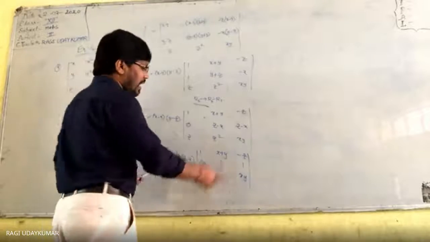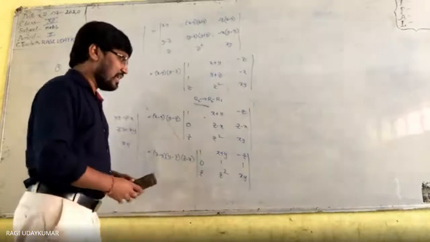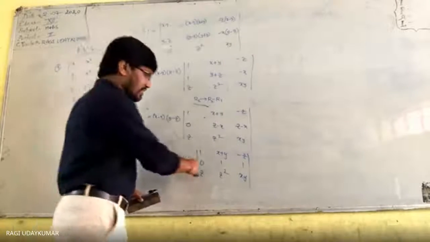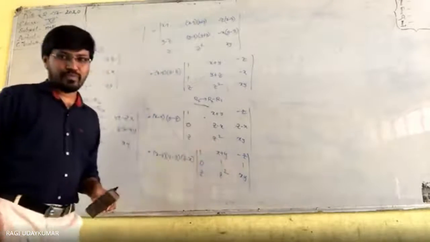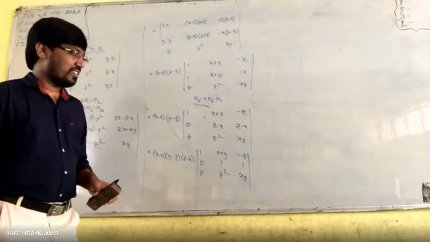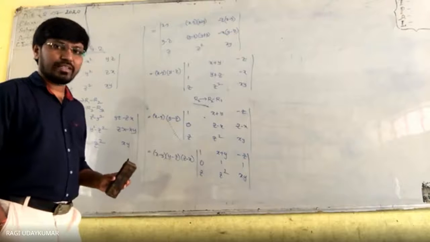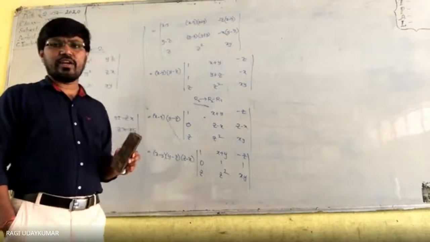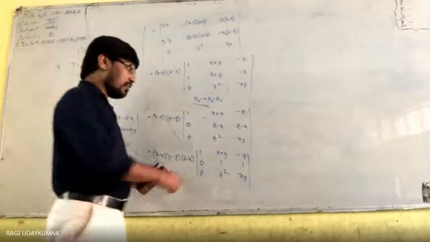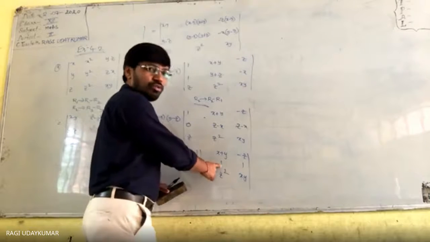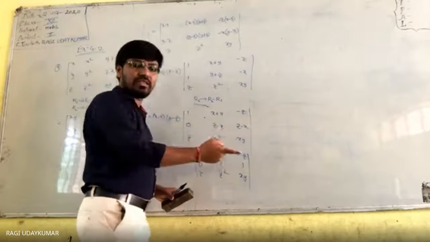After getting, using any row or any column. Second row is easy, I think so. You may think the second row looks a little easy. It is easy, so use it to expand. Expand it using the second row. In the second row, I will make this as a 0. Then after I will do it.